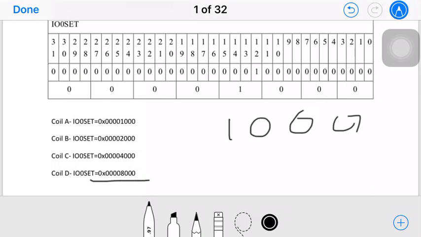So if I want to do it in the reverse way, what will I do? In clockwise, I will send first this 1, then 2, then 4, then 8, right? If I want to do it in the reverse way, I will first send 8, then 4, then 2, then 1, right? In the reverse way. Understood?